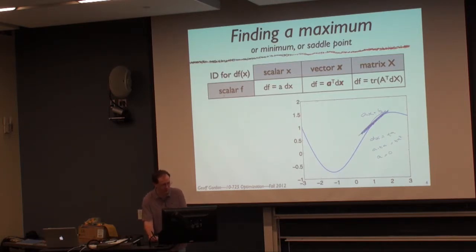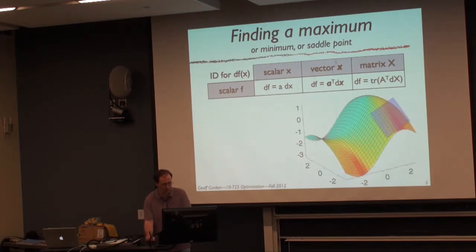If we have a scalar function, there are 3 different types of arguments that we have identification theorems for. We just did the case of the scalar argument. But if we now go to a vector argument, I've had MATLAB sketch an example here. The same thing holds. If we take dx equal to some small number t times a vector a,